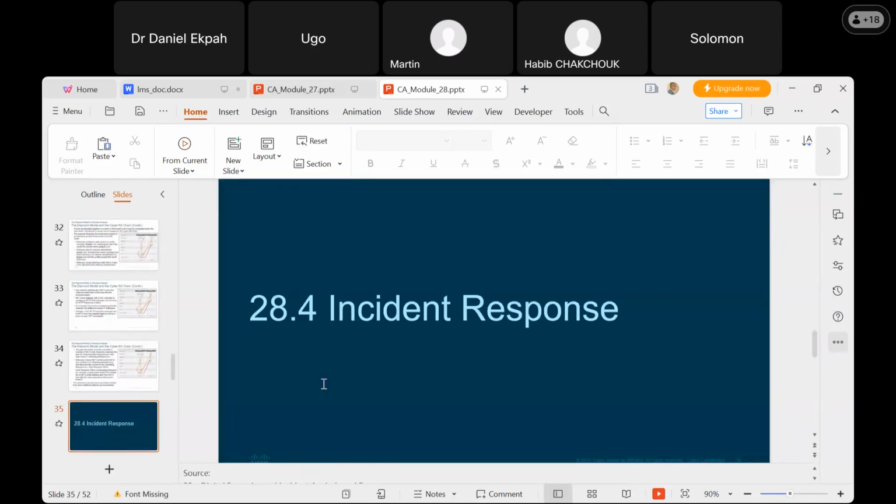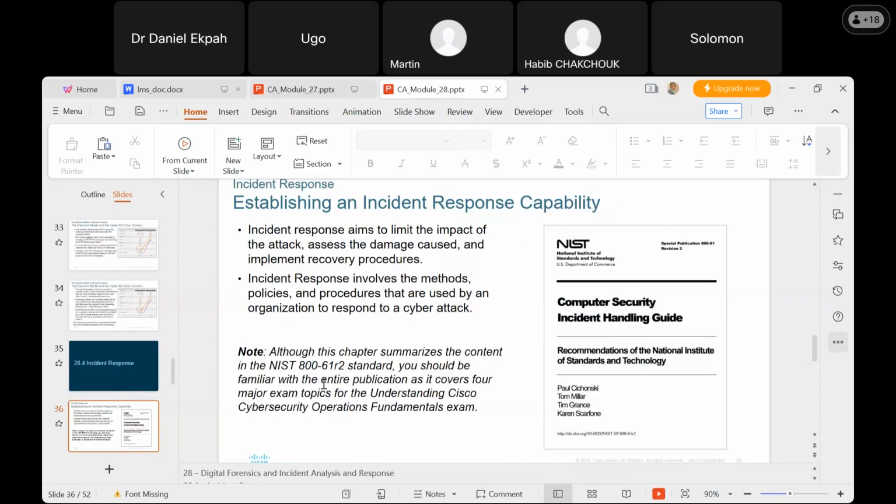So let's look at incident response. Establishing an incident response capability. So incident response aims to limit the impact of the attack, assess the damage caused, and implement recovery procedures. So incident response involves the methods, policies, and procedures that are used by organizations to respond to cyber attacks. So they use these procedures to respond